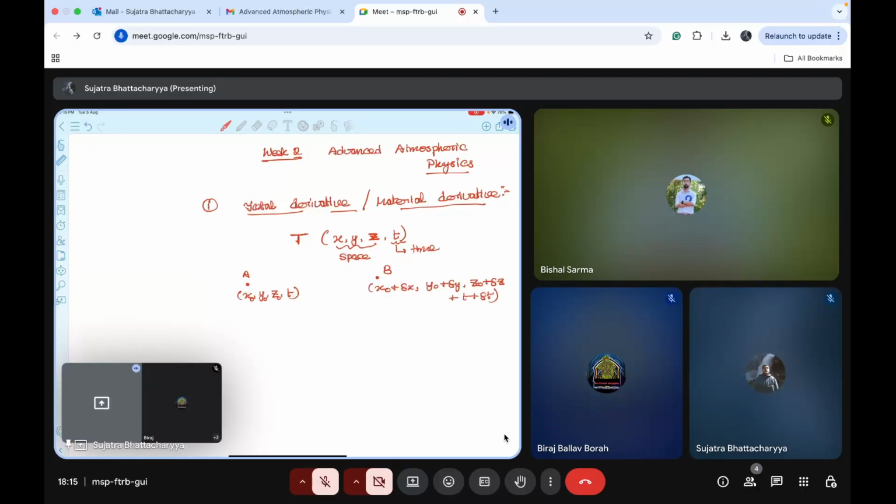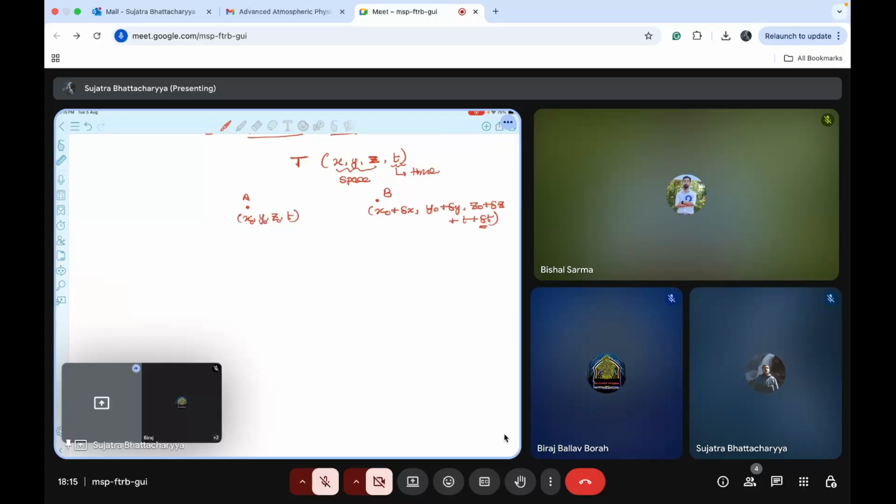If B is the coordinate and the time has also evolved by delta t while the temperature is changing, we are noting some changes. So the small change between the temperature at A and the temperature at B can be written as delta T,